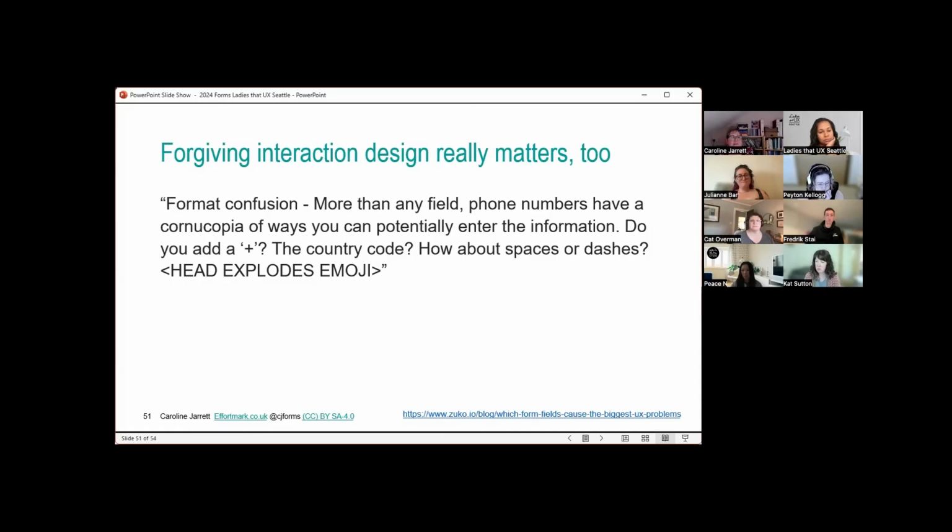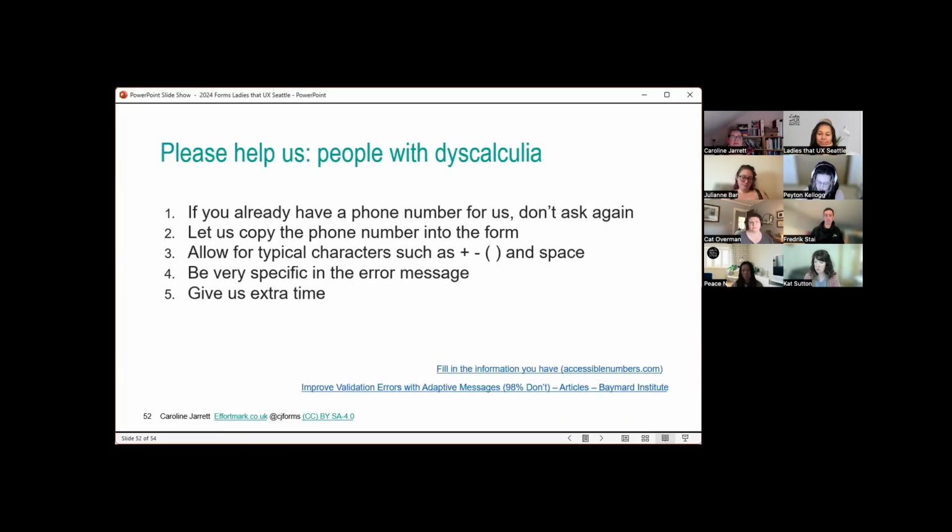So they've said, more than any field, phone numbers have a cornucopia of ways you can potentially enter the information. Do you add a plus, a country code, spaces or dashes? Yeah. So I really empathized with this because I happen to have dyscalculia, which is like dyslexia, but with numbers. So I have a lot of problems transferring numbers, understanding numbers, dates if the month isn't spelt out. And so people like us, people with dyscalculia, it's like, if you've got a phone number for me,